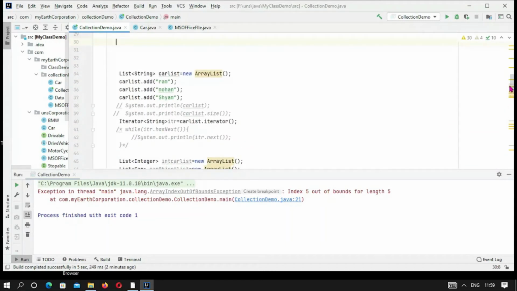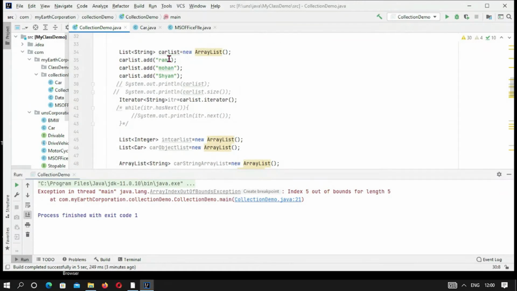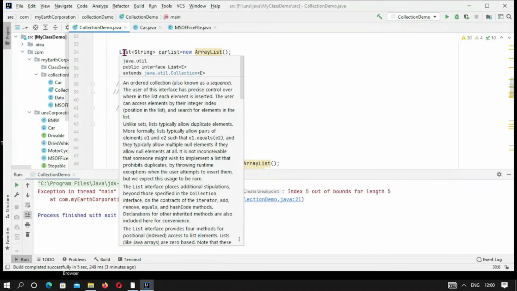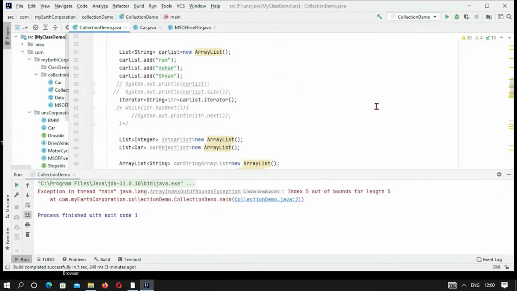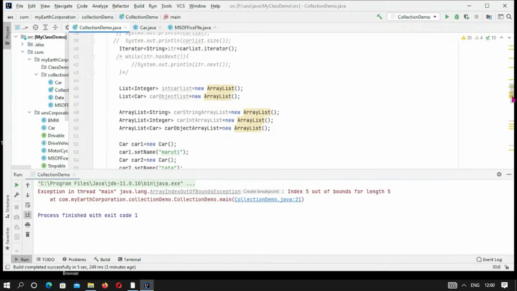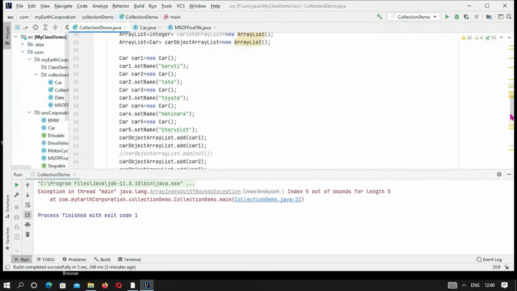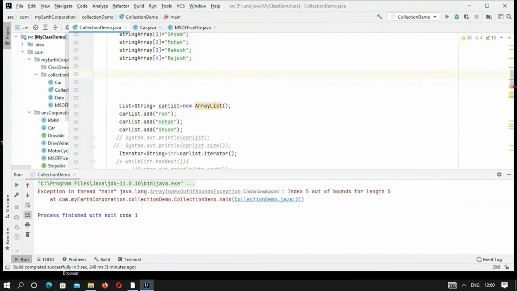So as we have studied in the collection interface, there are three types of list we have. This is a list, this is an array list I have already created, and this is a linked list. So List of String car list is a new ArrayList.